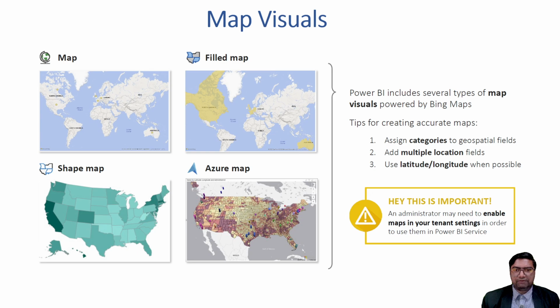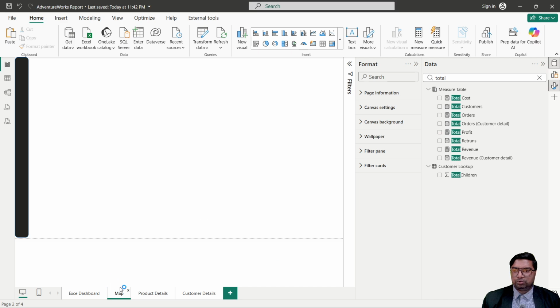If your map is not available, you can connect with your IT team to enable it, because you need to enable it before using it. So let's jump into Power BI and do the practical to understand the map. I'll open Power BI and go to the map report, where I will make some maps. So simply we need to add the map on this, go there in the visual,